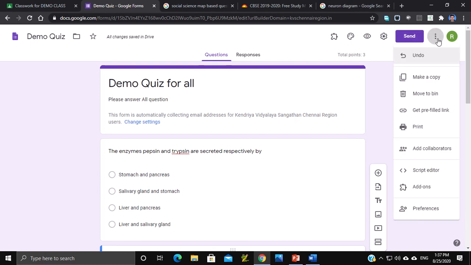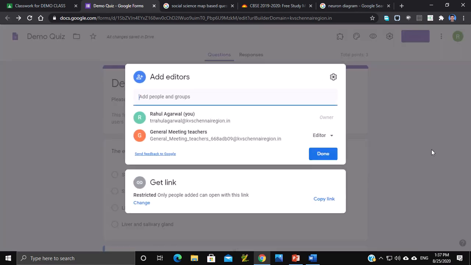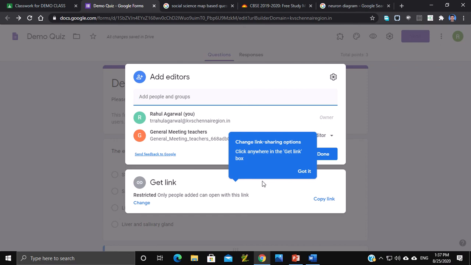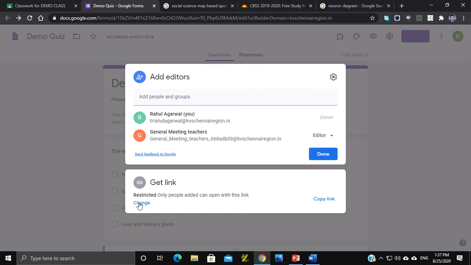Now one more thing, we'll click on these three dots. There is one very good option, add collaborators. When we add collaborators, we are inviting another person to use this form. Whatever changes they make, they can either copy this to themselves, or they can edit.